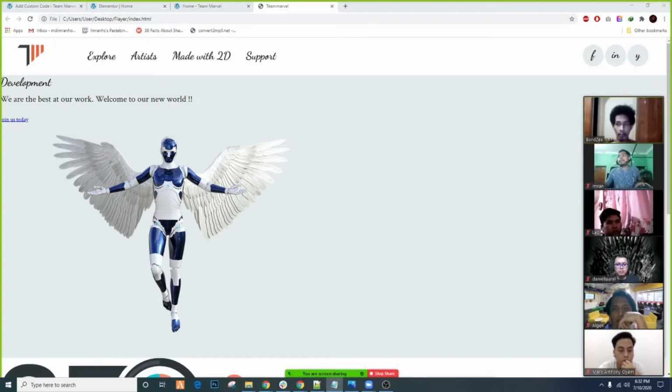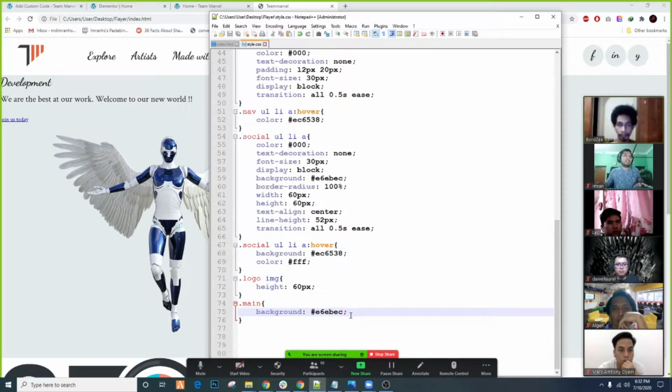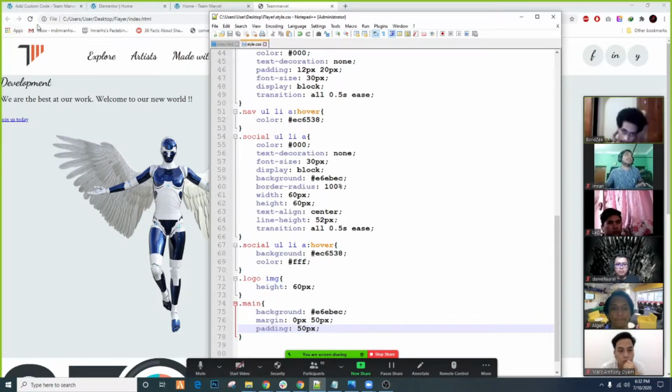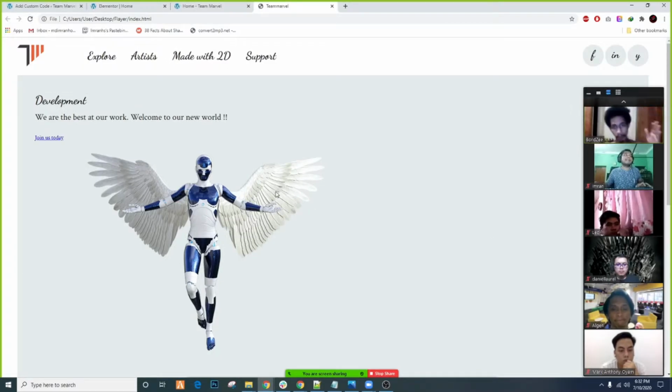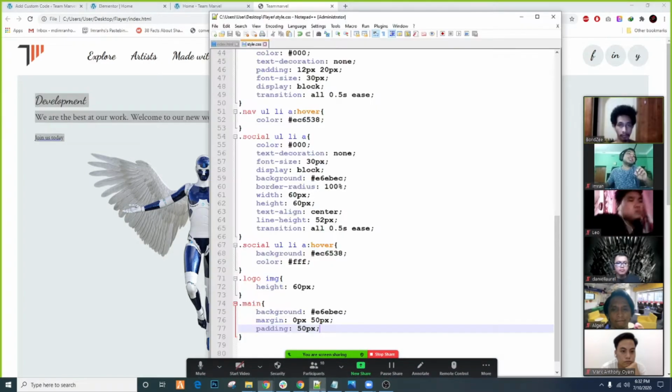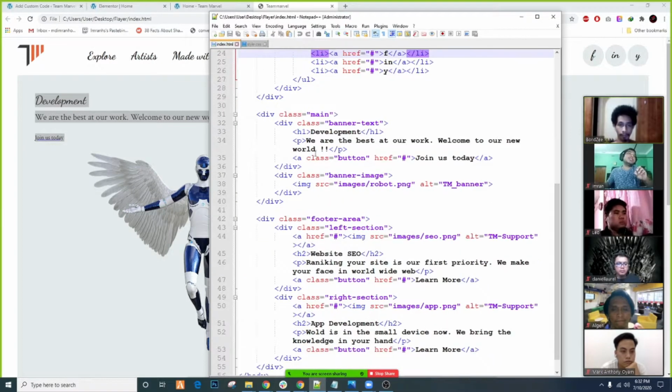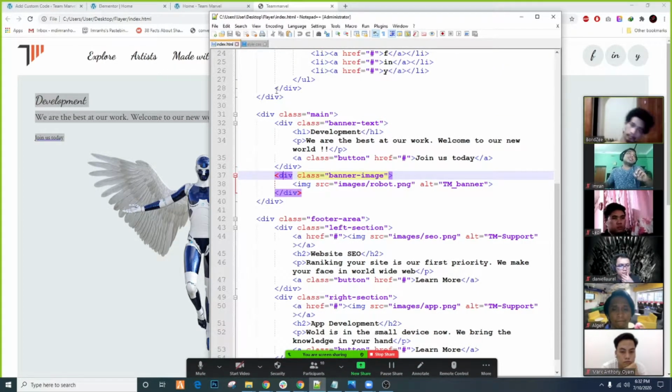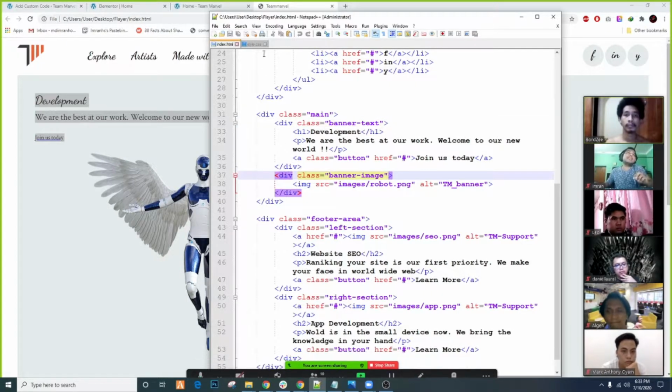Okay, I'll give it some padding and margin so that it's in line, like that. Now we have to separate the text section on the left and the image section on the right. For doing that, I already separated here with my block the banner text section and the banner image section. So I'll tell it the banner text section has 50% on the left and the banner image section has 50%